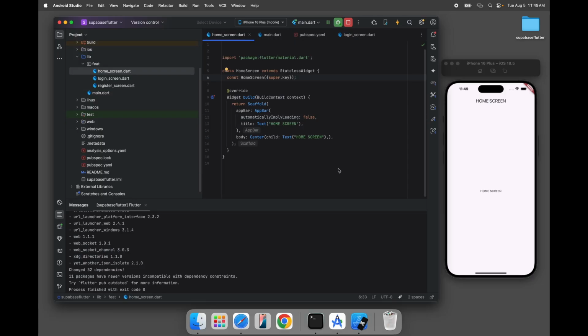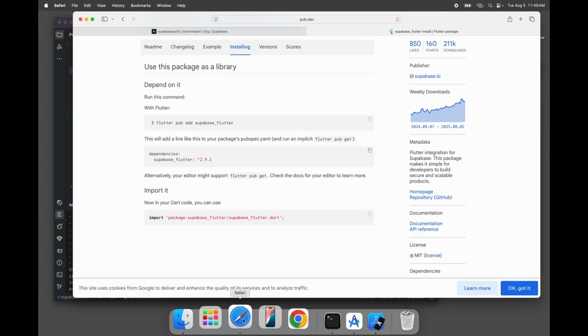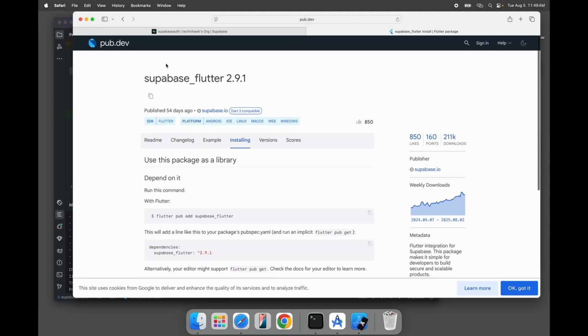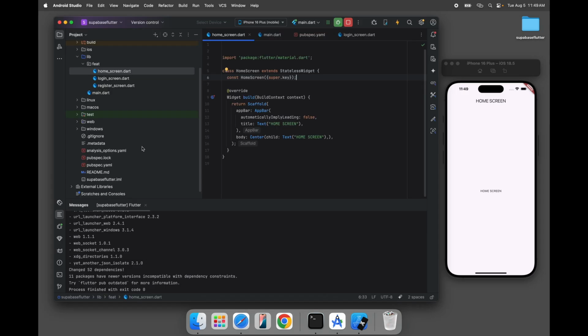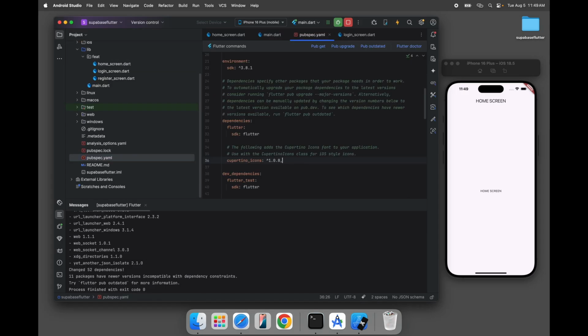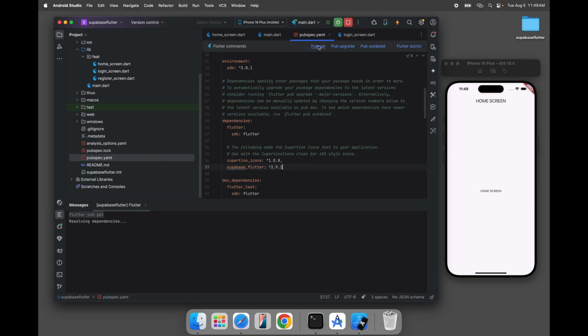So now we will add Supabase in our Flutter project. For that, firstly I will go to my browser, and on pub.dev I will search for Supabase Flutter, and I will copy this dependency and paste that in my pubspec.yaml file. Then I will run pub get,